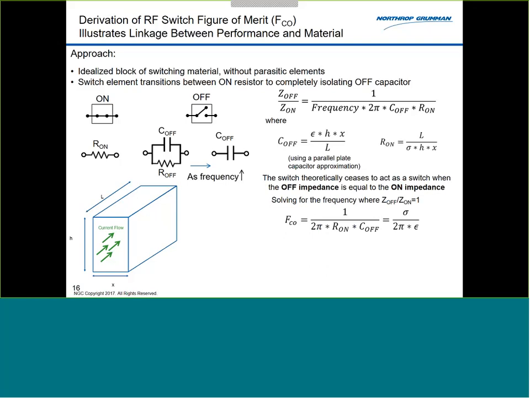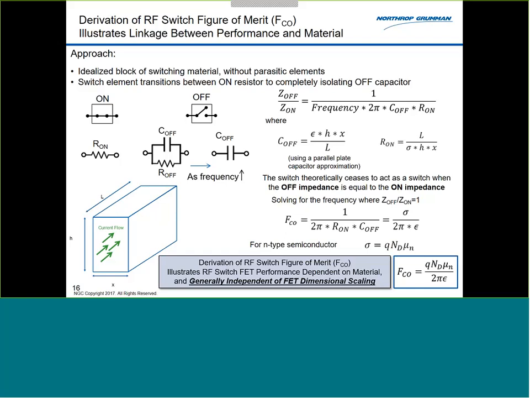And all my geometrical effects balance each other out, because if I make a bigger device, if I try to make a larger cross-sectional area, that drives down my on resistance, but it increases my capacitance just as fast. If I make a larger separation between my input and my output, the longer that I make it, that increases my resistance while decreasing my off capacitance, once again, by the same amount. And so fundamentally,